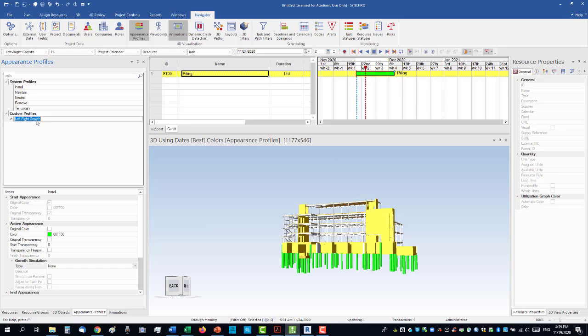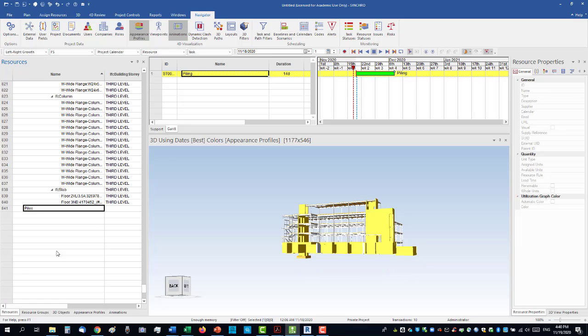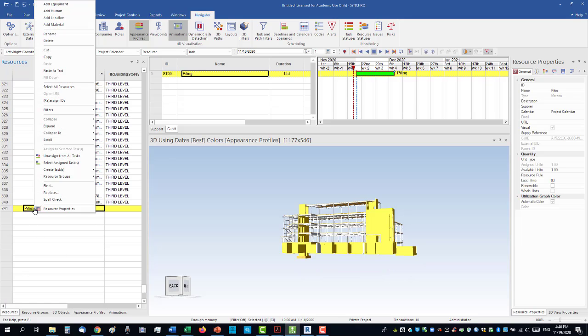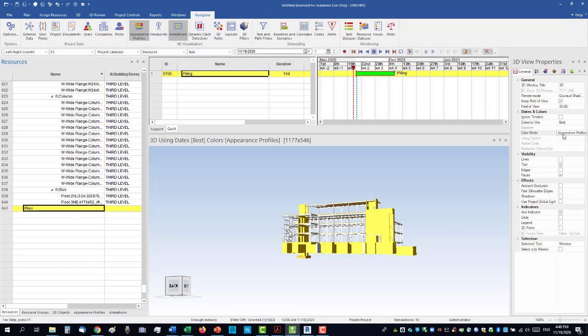And while I'm selecting that, it's install, you're installing a new thing, and then the growth simulation, that's the one that we will select here to be left to right. So still it's not effective yet, but if I go to resource, then resource properties,